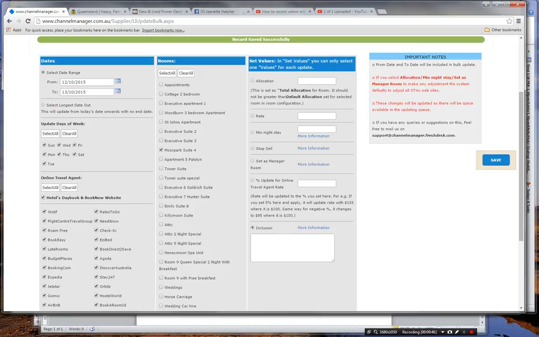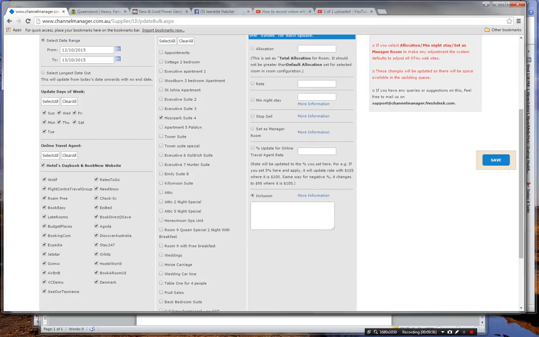And the very last procedure on the bulk update is to use the inclusions. Now the trouble with inclusions is it was built for What If, because What If had a section where you could adjust your inclusions. I'm not sure whether inclusions now applies